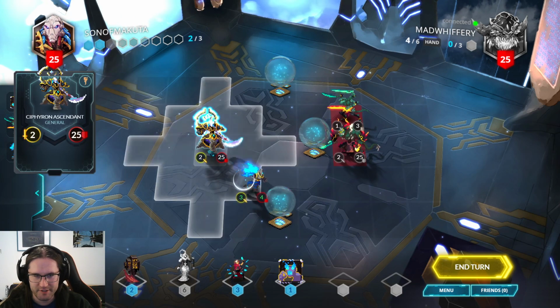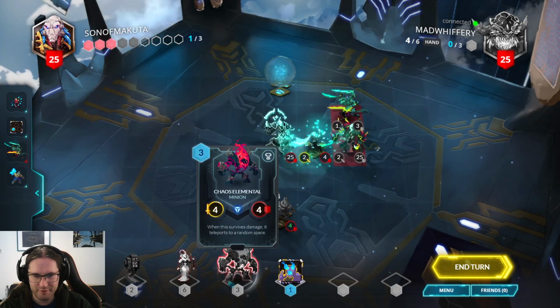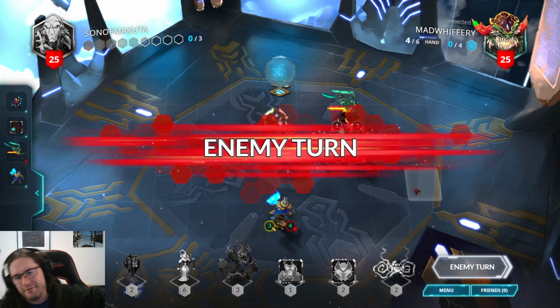Okay, well, I'll be able to take this mana tile off them at least. Give me Siphon Energy off the random? No, okay. This could be very bad for us. If they have...